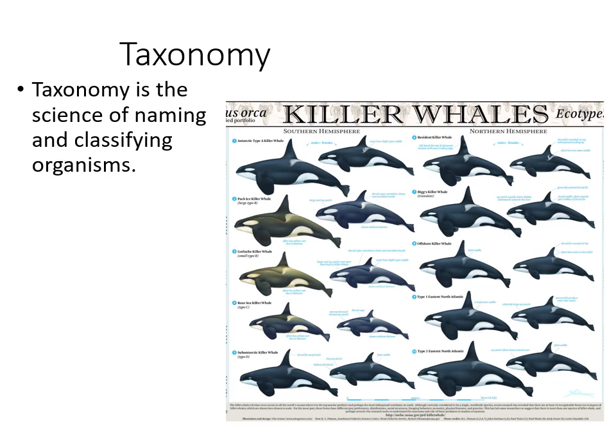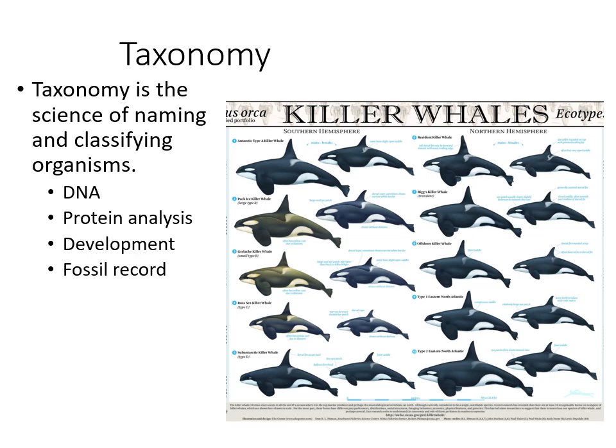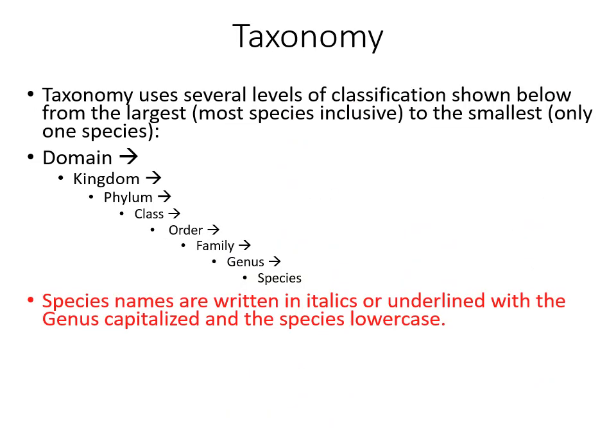I have this chart here of killer whales, and we can classify different types of killer whales in different ways. We could say, all right, geographically, we're going to group them together. We could say morphologically, so looking at their physical appearances, there's similarities and differences that we can do. There's lots of different ways then we classify living things. Well, one of the most standard ways is through DNA, but we can also look at different types of proteins that they use. We can look at development and the similarities and differences there. We can look at the fossil record, physical characteristics.